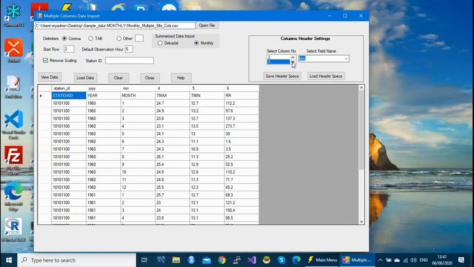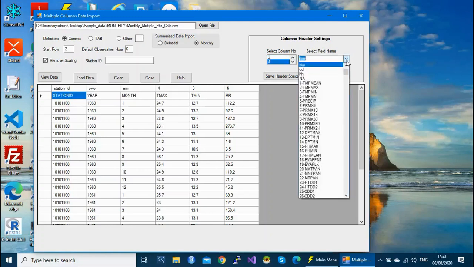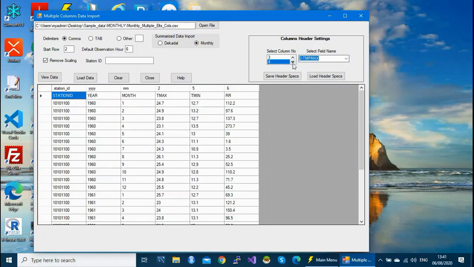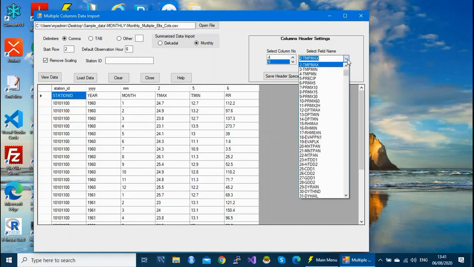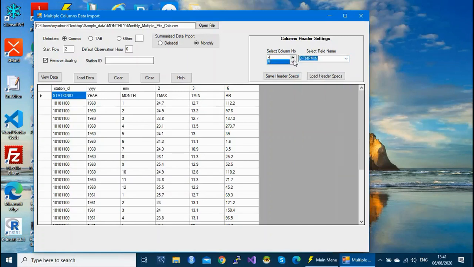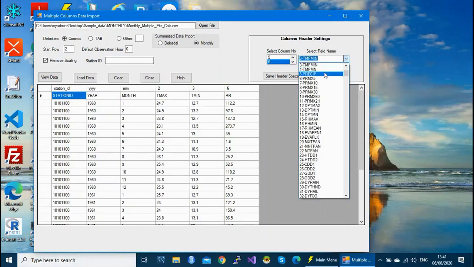Our fourth column is T maximum. Remember T maximum is code 2. Then the fifth is T minimum, which is code number 3. And lastly, the sixth is precipitation, which is code number 5.